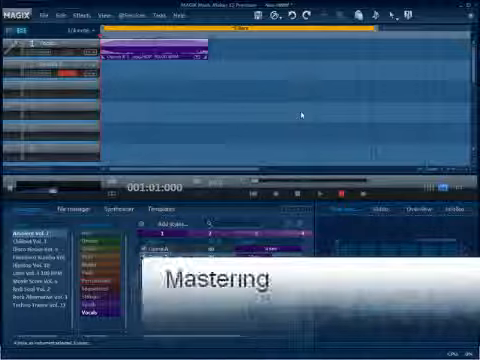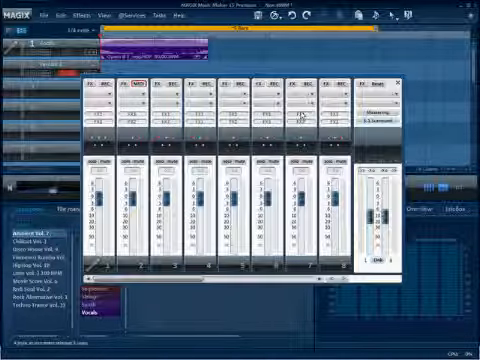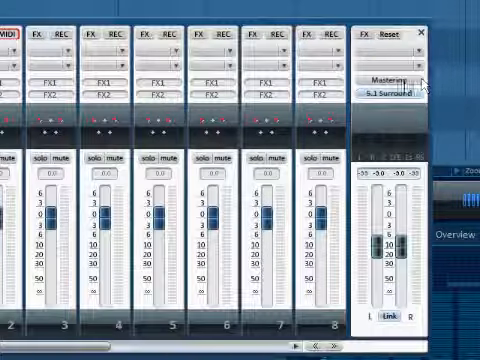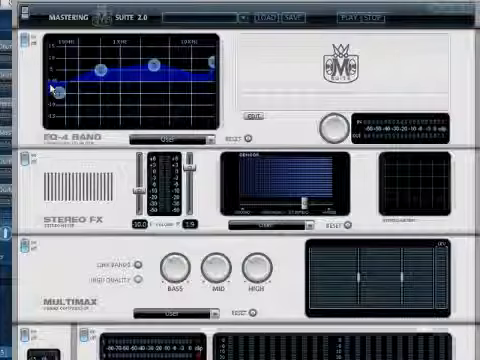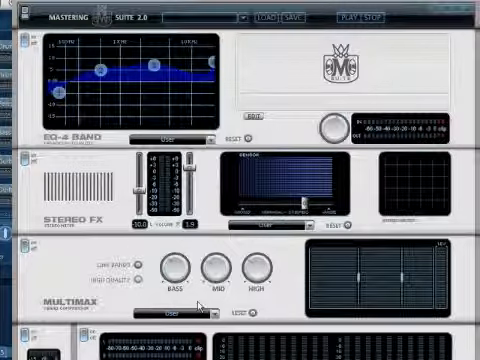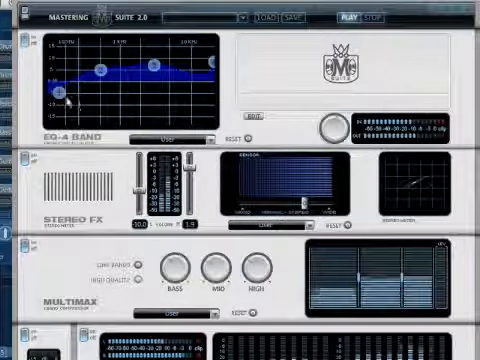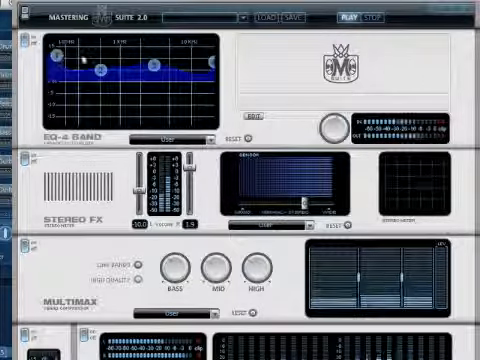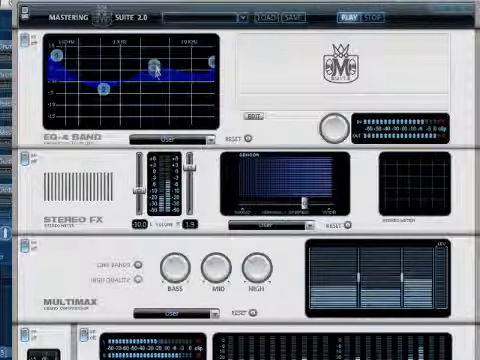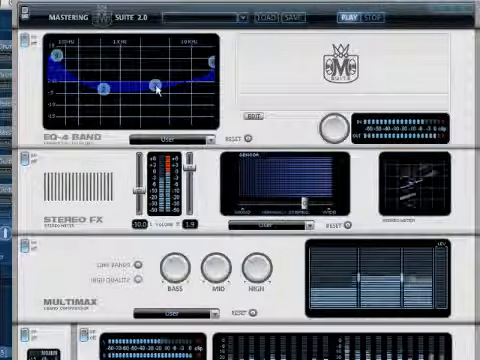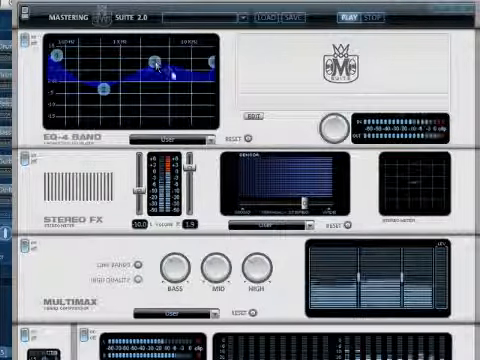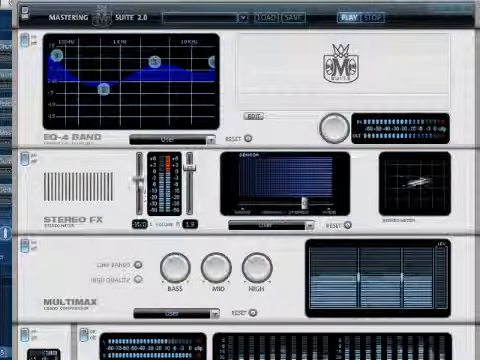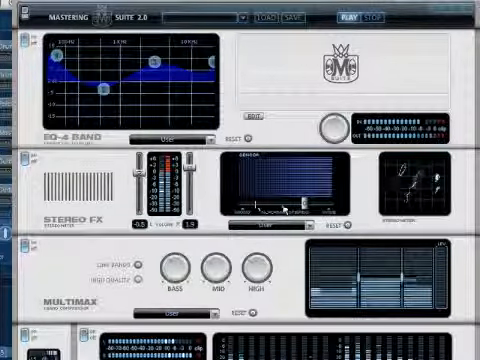The mastering suite provides a powerful and transparent sound and puts the final polish on your songs. The mastering suite can be accessed via the mixer. The mastering suite consists of a parametric 4-band EQ for improving transparency, a stereo enhancer for optimizing the stereo picture,